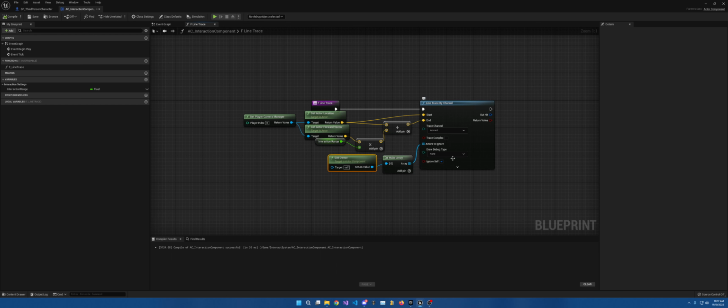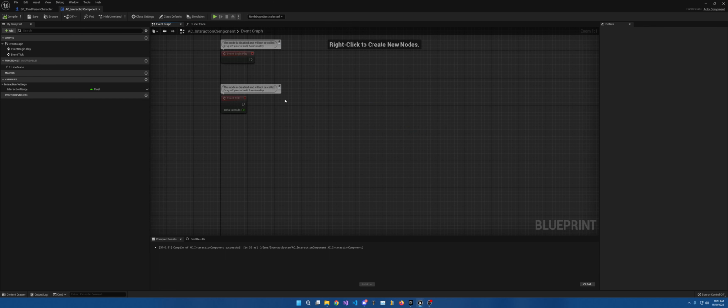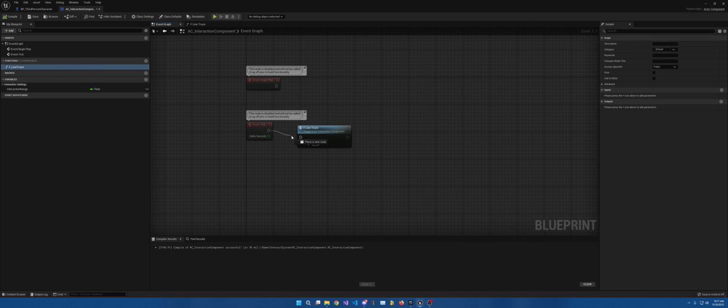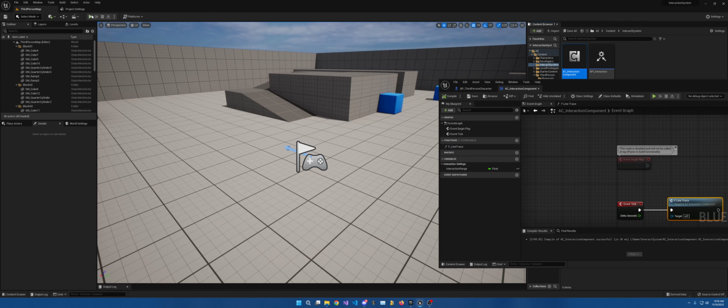So we're going to want to see it working. So we're going to click on here and do for duration, which I believe is set to 5 seconds, and it is. Compile and save. Come in here to the event graph. We're going to grab this line trace, place that into the event tick. Compile and save. Now when we hit play,